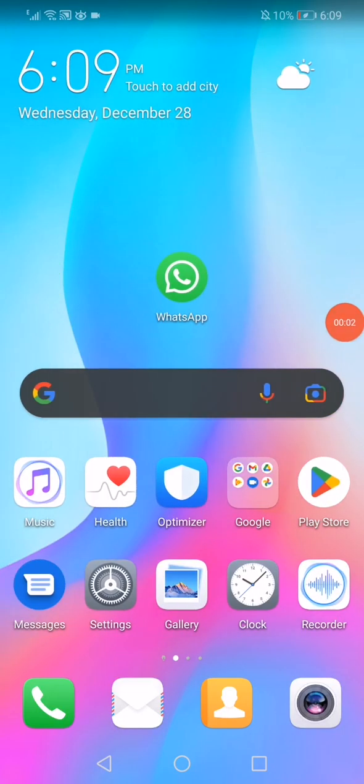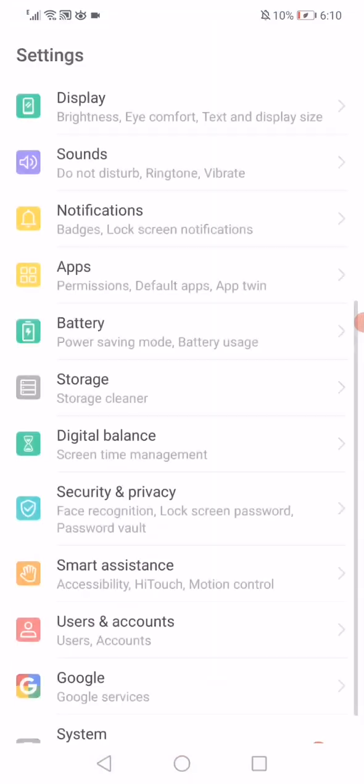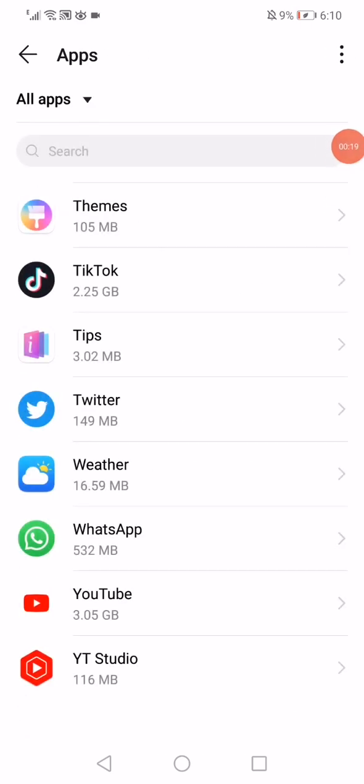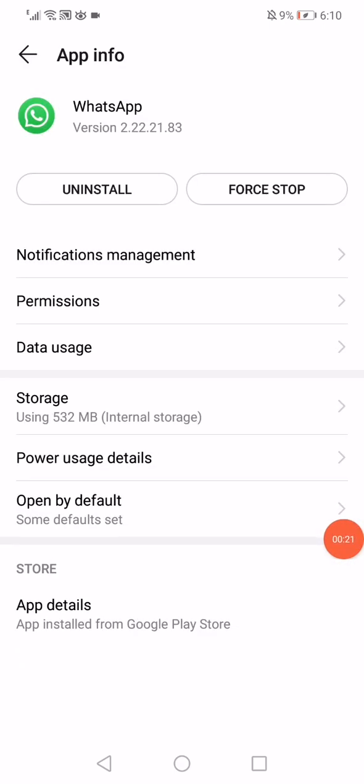In this short tutorial, I'm going to show you how to fix any problem you have with the WhatsApp call in less than 1 minute. So all you have to do, guys, to fix the problem is open the settings on your phone and then go to the apps manager, open the apps, and now go to the WhatsApp app settings. Now on this page, all you have to do is click on the force stop to stop running